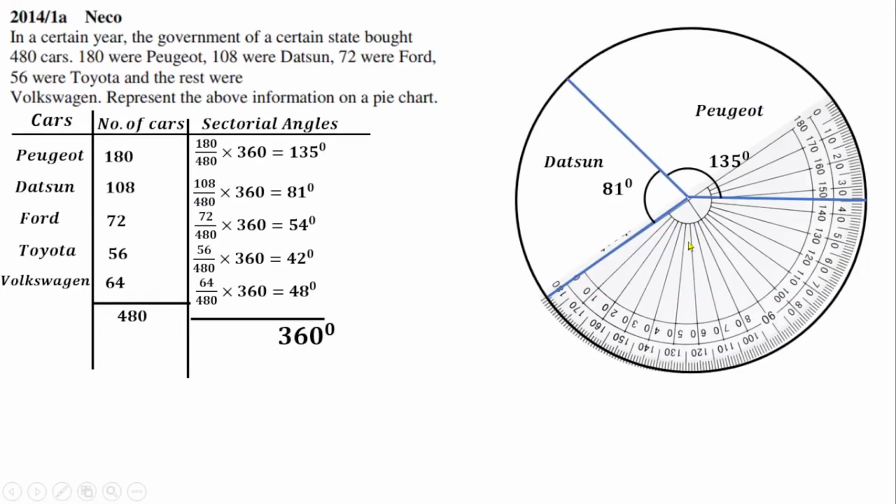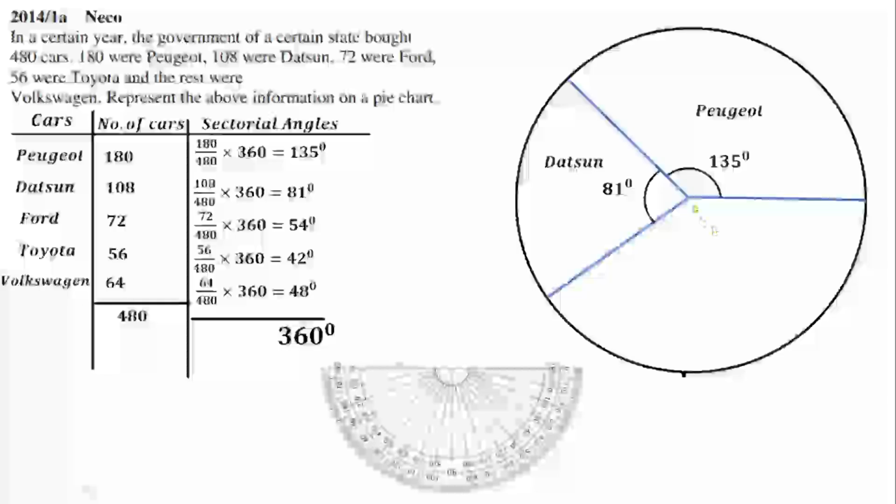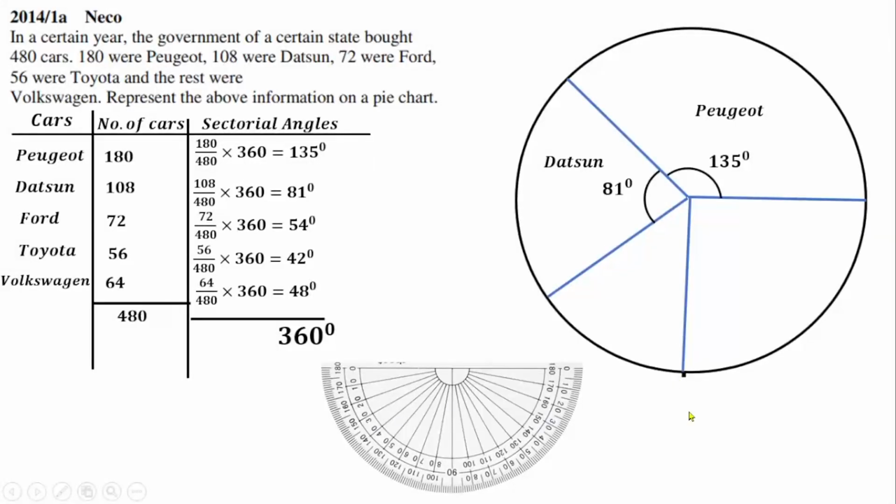Then place your protractor like this, minding the center of the circle and the center of the protractor, then the radius also like this. Then you can now read your 54 degrees, which is 50 is here, then 54 should be next 4 lines after 50. Then make a dot outside here, remove your protractor like this, then draw a radius down, that will give us this,